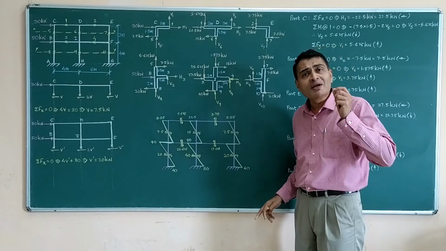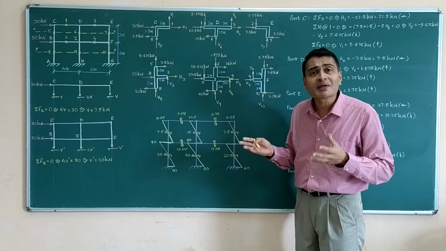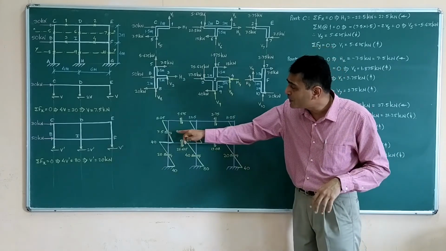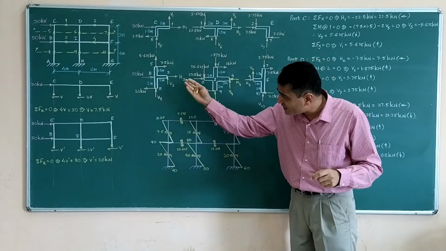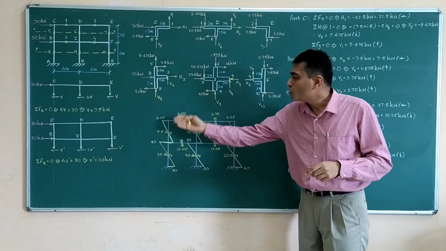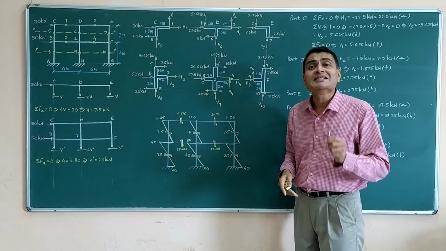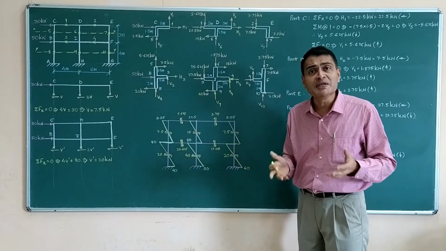So developing the moment diagram is also very simple. They are all going to be linear variations because we have point loads acting, and then simply use the values and the sense of shear force, sagging above, hogging below, and linear variation, you get the BM diagram for columns. Similarly, I will draw the BM diagram for beams.